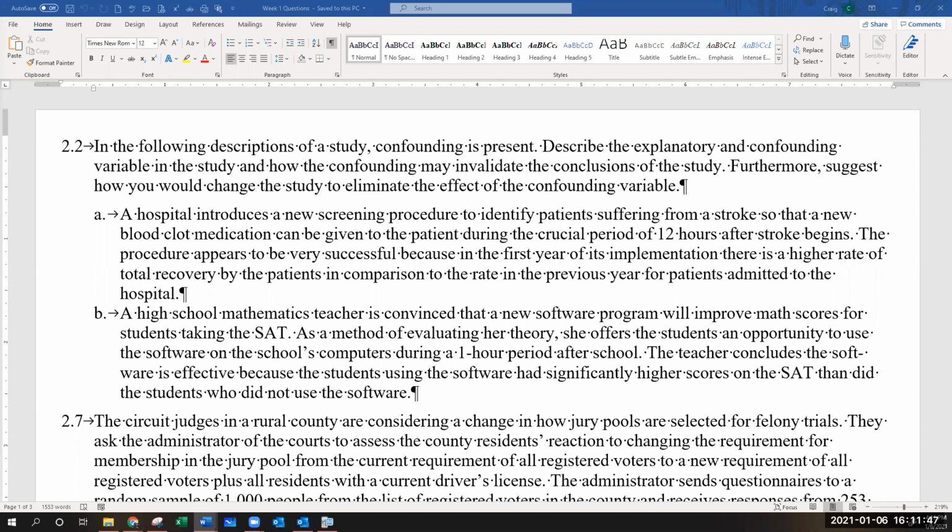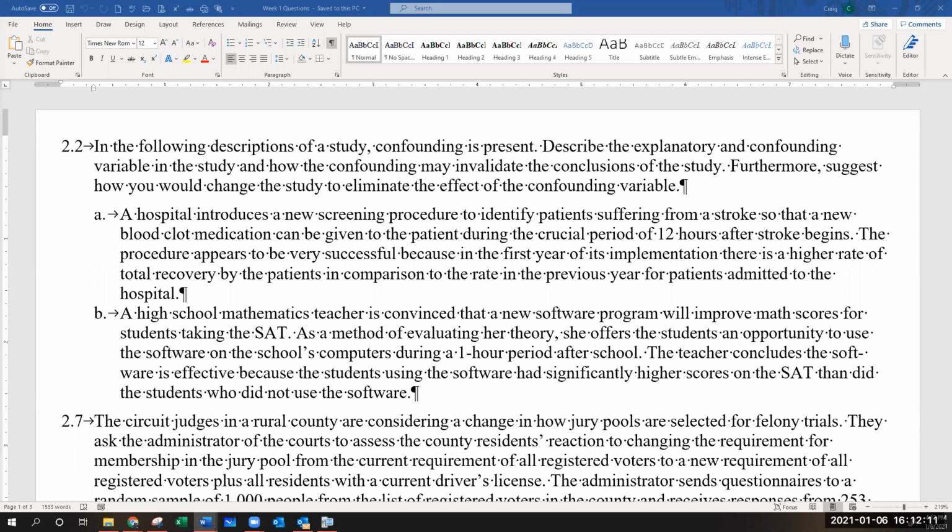So if we see any improvement whatsoever in these patients this year, we really don't know what's going on because there are too many changes, right? You have to keep all things being equal and then change one thing to be able to say that that's the thing that makes a difference.